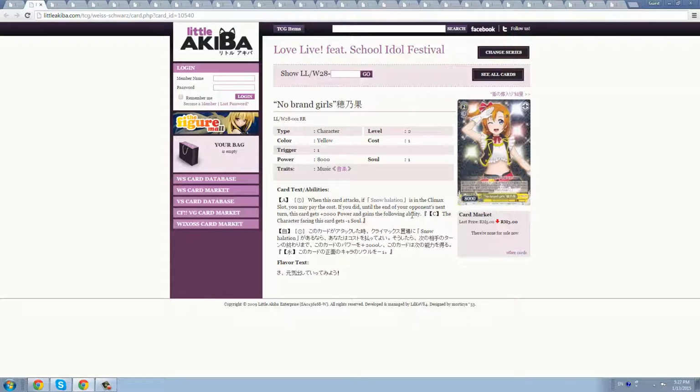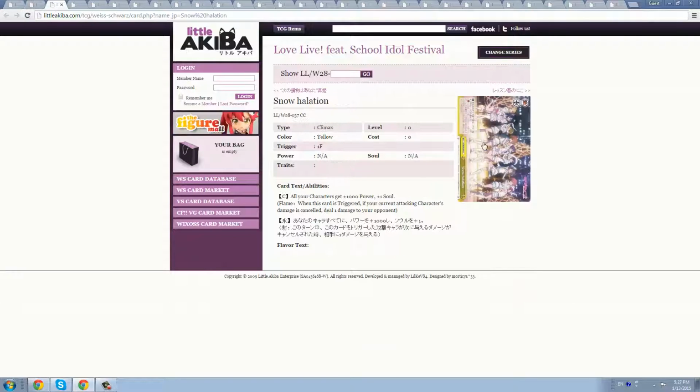First of all, she's an undersized level 2, and her climax combo is very mediocre, very lackluster. All Honoka gets is 2k until the end of your opponent's next turn, and minus 1 soul in front. Doesn't warrant a space in your deck for this climax combo. It's very much like, who cares if you get this climax combo off. And lastly, it combos with the flare trigger. Flare trigger is not